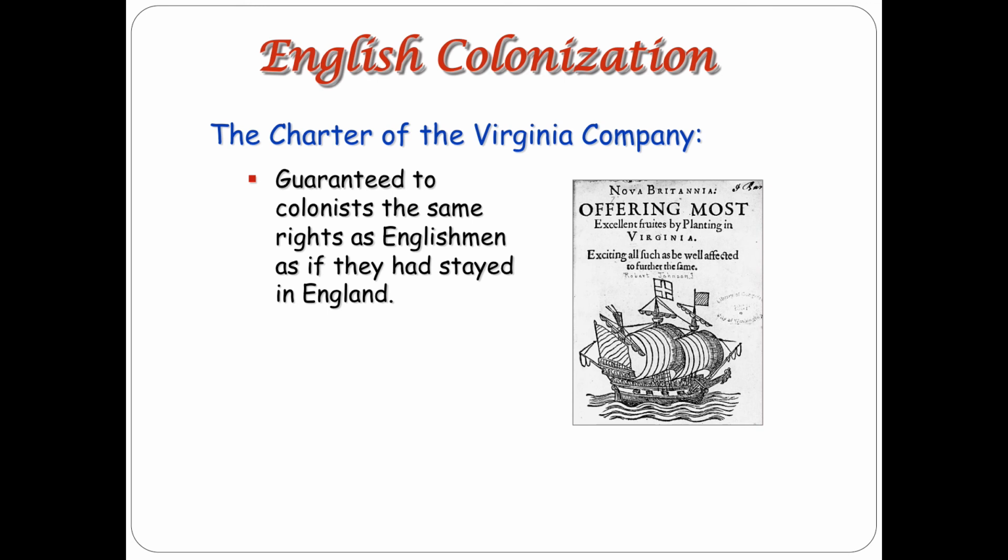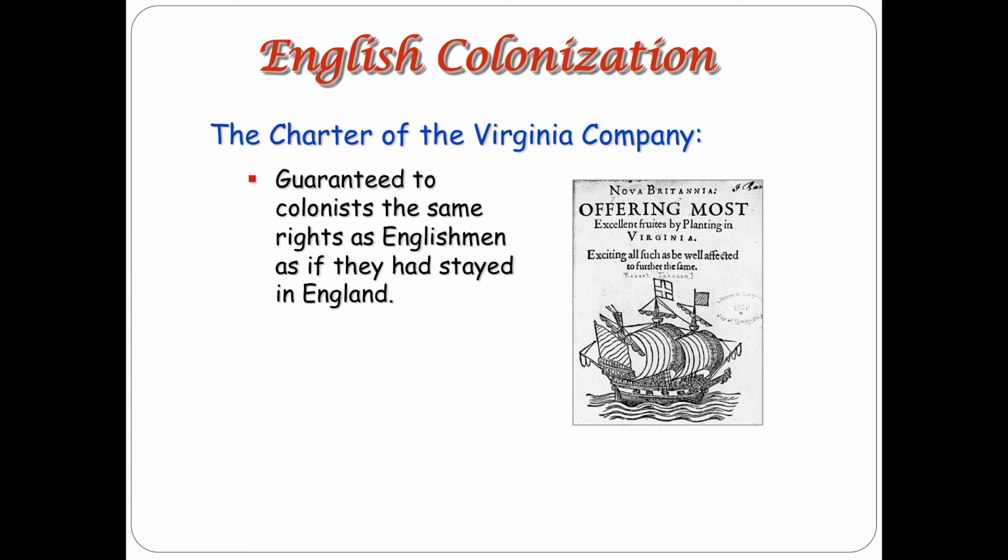Again, it's also the idea of trying to guarantee to these colonists that if you leave England, if you go to the New World, we're going to guarantee that you still have the same rights as an Englishman as though you stayed in England. And that's what they start to tell them in 1606 when this charter is given and they get ready to